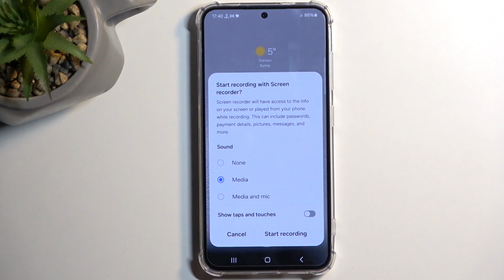This will bring up this overlay, letting you choose what kind of sound will be recorded by the device. By default, it will select media, but you can change it to nothing or media and the mic. Now, when choosing the last one, the media and mic, I do recommend using headphones, otherwise you might encounter this